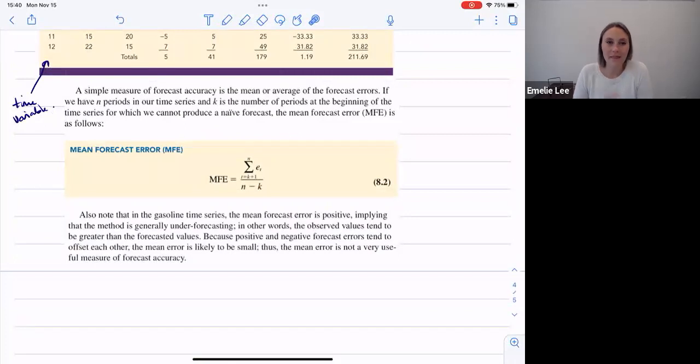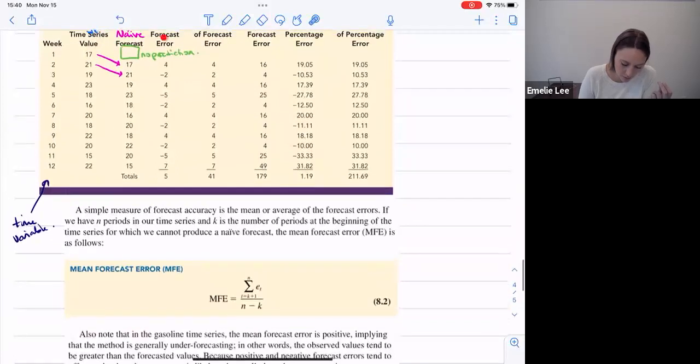So the easiest, simplest way that we could talk about what my forecast error was here is: what if I average these forecast errors? That's what the mean forecast error says. Because we have no prediction and no forecast for the first week, we don't have a forecast error for it. So when we calculate the average of these forecast errors, we have a total of 12 data points, but we actually only have 11 forecasts.